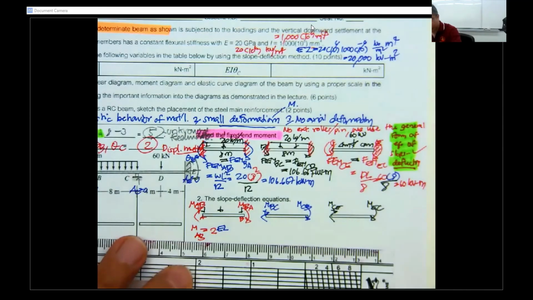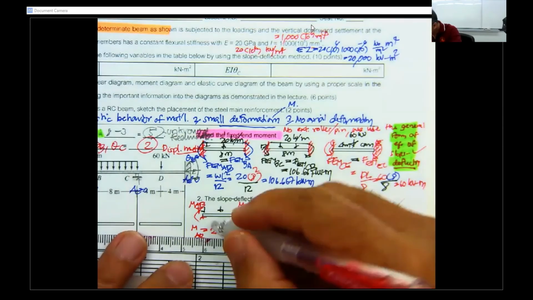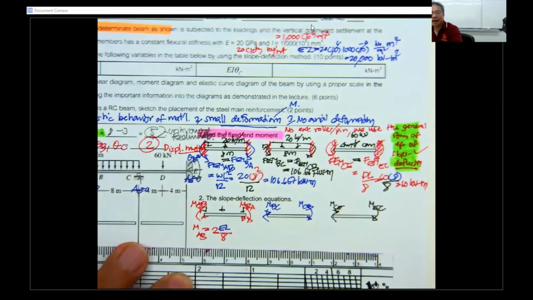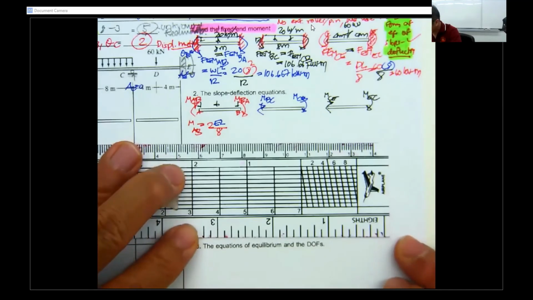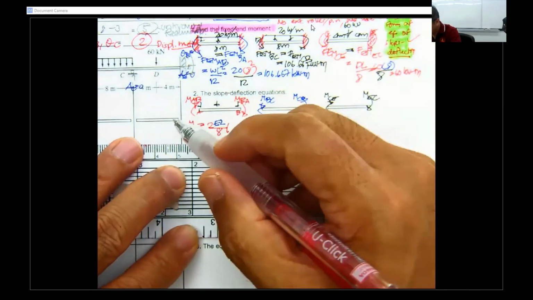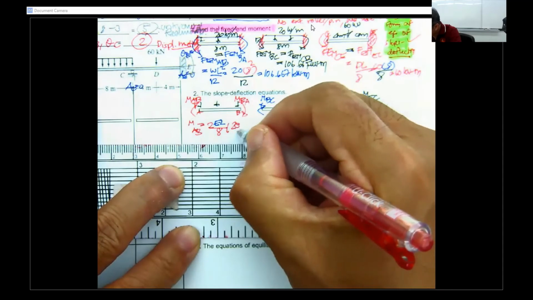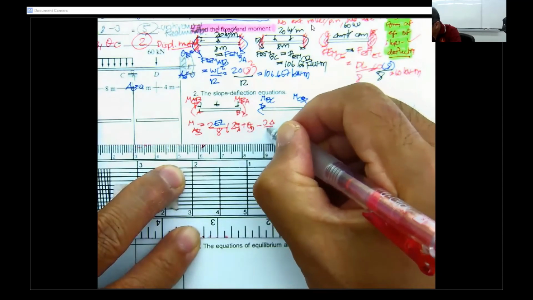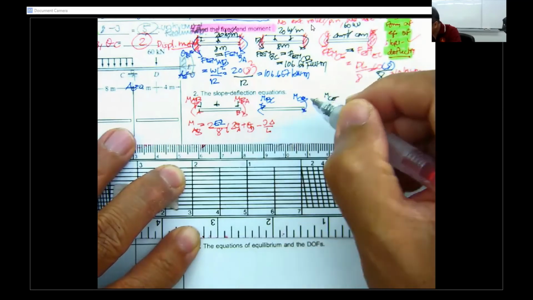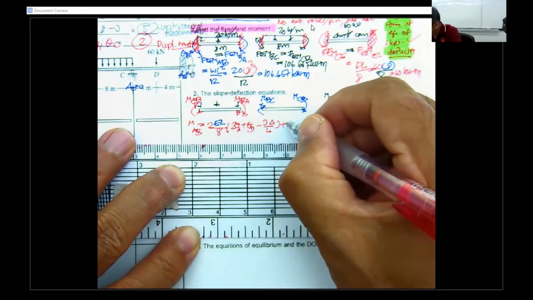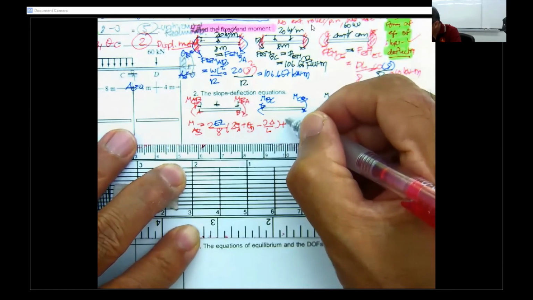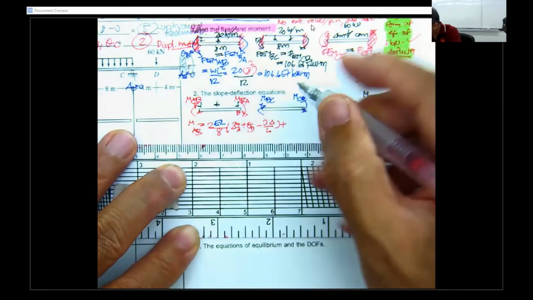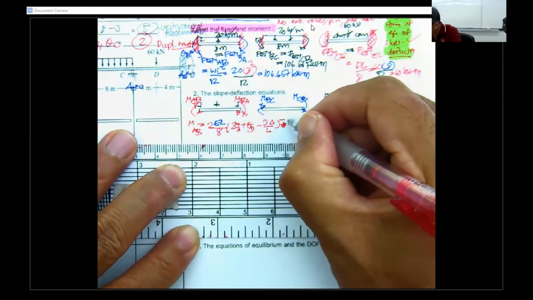Okay, we just put it here and then divided by 8. Okay, let me move a little bit. Divided by 8, and then over here we have 2 theta A plus theta B minus 3 delta over L. Okay, and then we have the plus fixed end moment AB. Fixed end moment AB is over here. It is counterclockwise, so it's going to be not plus, minus